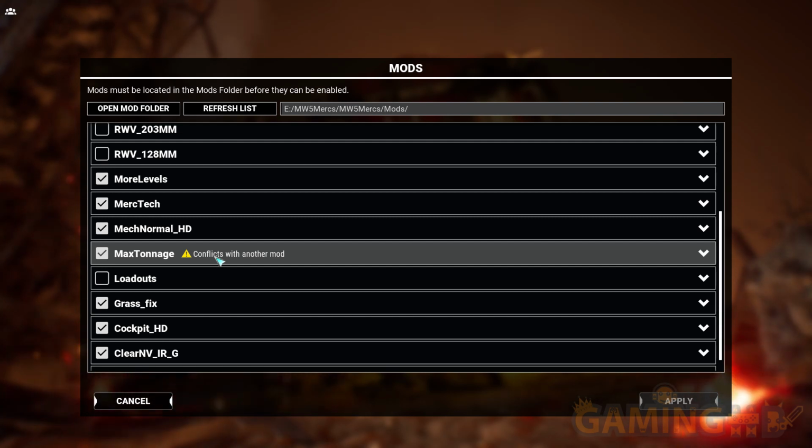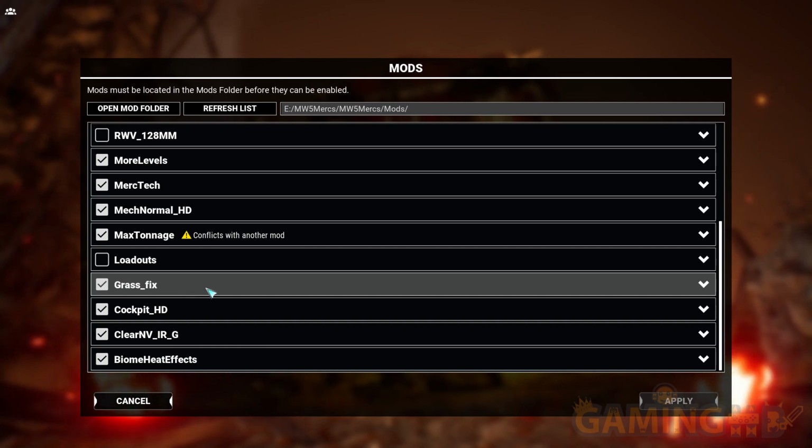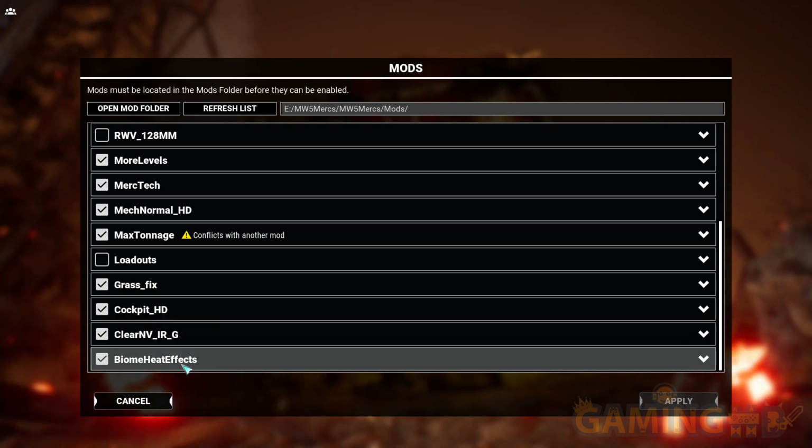You could do whatever you wanted to because you have your own ship. You don't rent it. So why would it have a tonnage limit? This one fixes the grass because it had dithering otherwise. Cockpit, this is a texture thing. This is a biome effect. This makes the biomes actually affect your heating, which it didn't in the default,